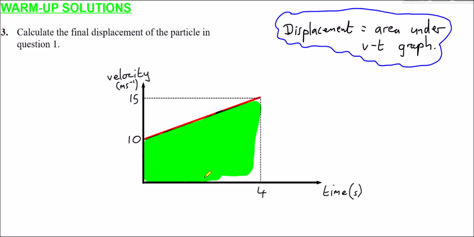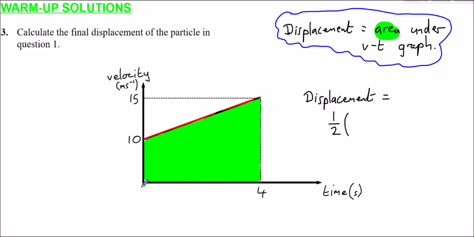So hopefully you can remember how to work out the area of a trapezium, and if not, you could, dare I say, get away with thinking of this as a triangle stacked on top of a rectangle. But I'm going to assume we know how to work out the area of a trapezium. So the area here, the displacement in other words, is going to be half